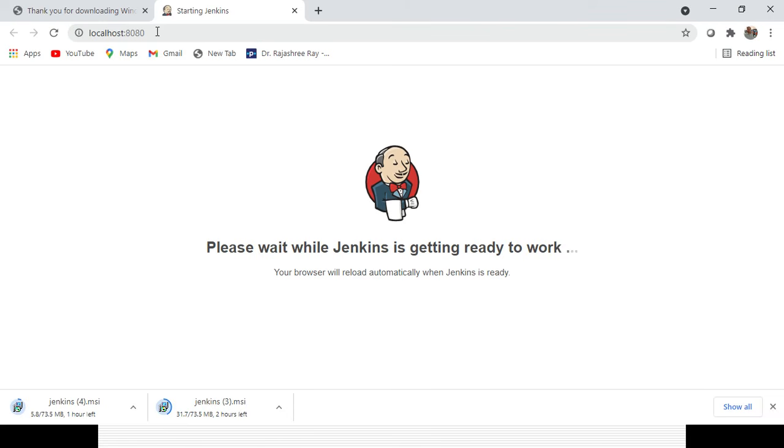Immediately it will open the localhost 8080 page, because you selected 8080 as the default port. In case you changed it to anything else, that port will be used instead. You can see it is starting the Jenkins server. Please wait while Jenkins is getting ready to work. Your browser will reload automatically when Jenkins is ready.